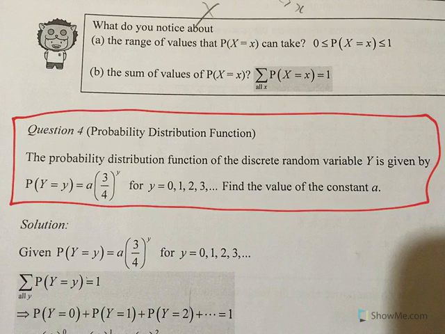The probability distribution function of the discrete random variable Y is given by P(Y = y) = a(3/4)^y. So what does this mean? It really means that if we scrutinize this definition, even though it looks very scary from the start. A lot of the time when it looks very scary,